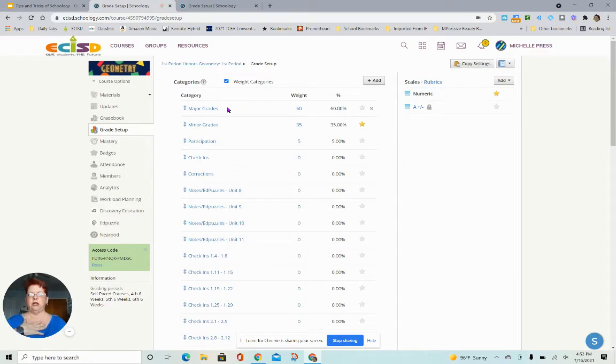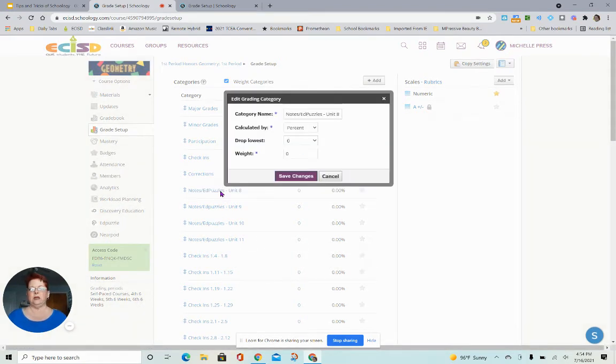Here is how I set mine up last year because it just worked for me. Being an honors class, which is what this one was, major, minor, participation, and then you see all these ones right here with zeros. This is how I averaged, like I did a weekly average, or I did an average for the unit notes. So I put all their unit 8 notes in this category and I weighted it 0%. But what happens is when I did that,